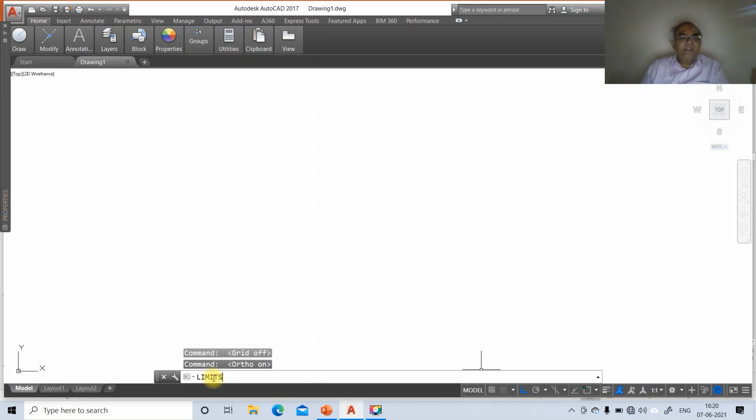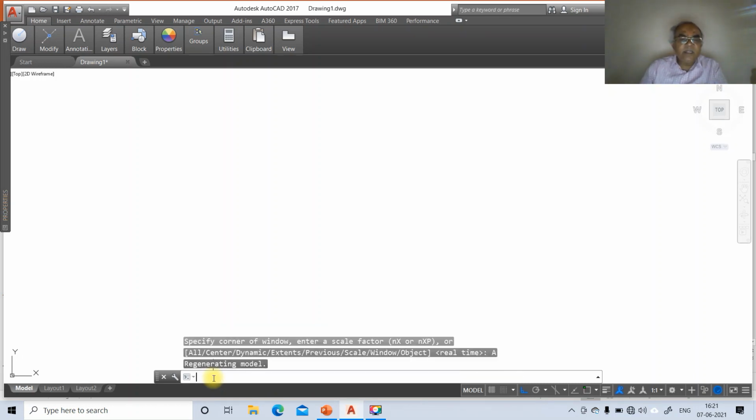and then specify lower left corner, which is 0,0, and upper right corner, you take the default 12,9 and change it to 297,210. So that is the A4 size. As the limits have been changed, naturally the display of the drawing should also be changed. To do that, the command is zoom, type Z, enter, and then All, which regenerates the drawing to the limits set.